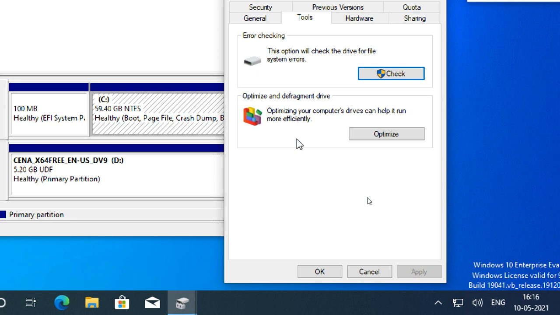Basically, optimize and defragment is used for performance. It actually happens on the hard drive. If we have the OS on local disk C and we optimize local disk C, the entire content related to it will come together on the hardware, so that performance will increase.